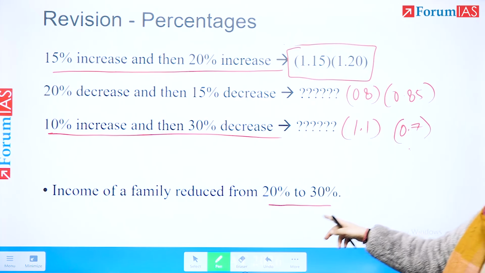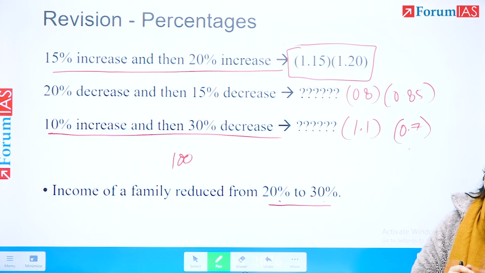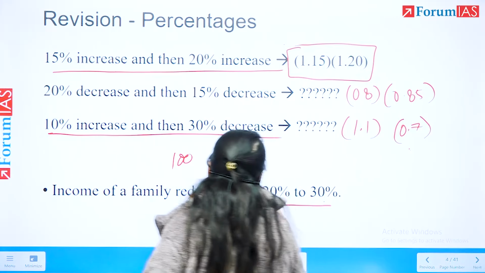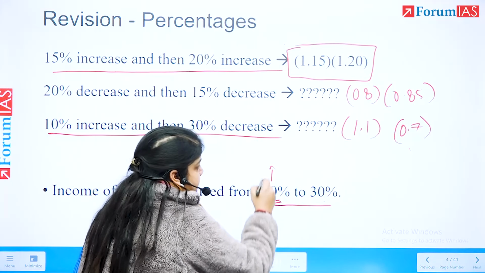Answer is 10%. But 10% is only a percent point change, कि 10% का फर्क आया. But by how much did my income change? Yes, income की percentage change is different. So we say that let's say my base was 100, जिसमें से for some reason 20%. Let's just change income to savings. कुछ base था जिसके अंदर 100, 20% was my savings. So what is the amount? 20 rupees.